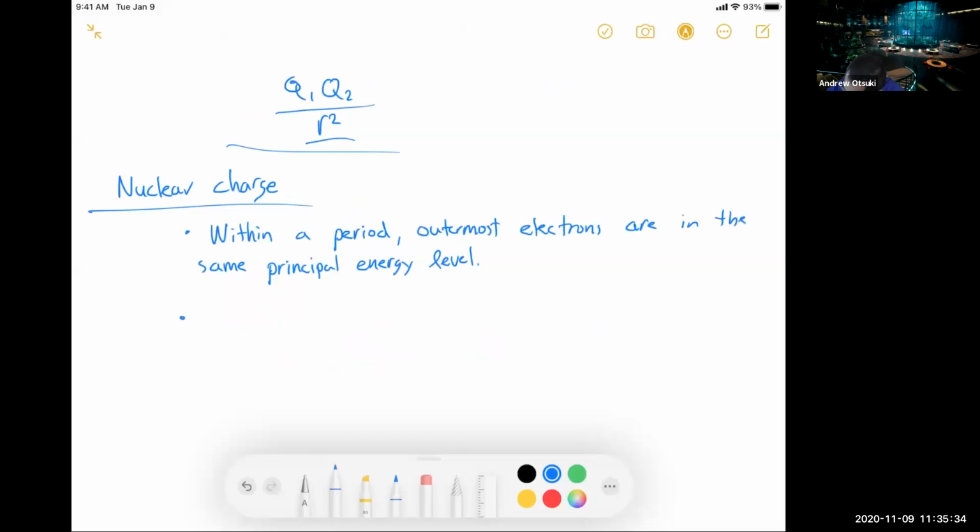So what that means is that the first ionization energy increases across the period as the electron to be removed